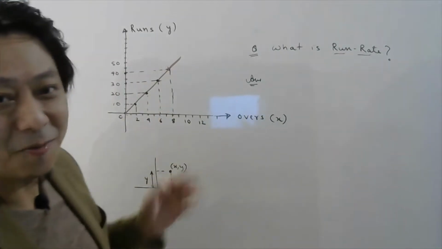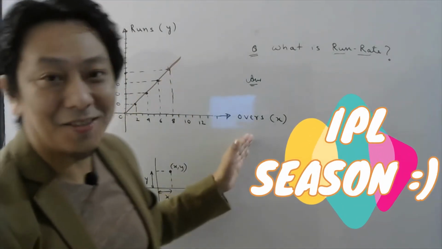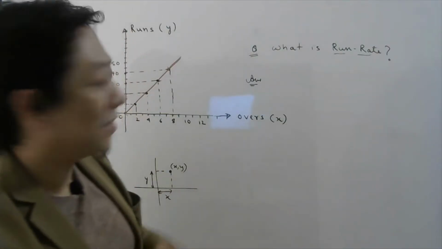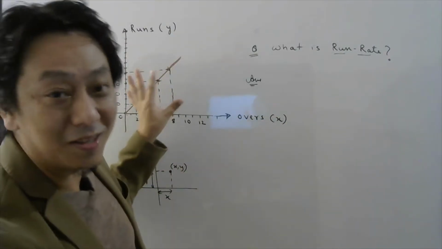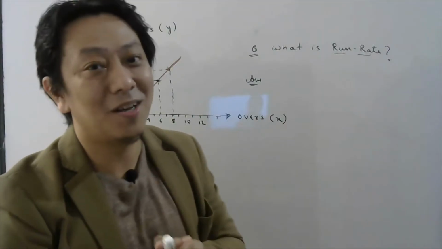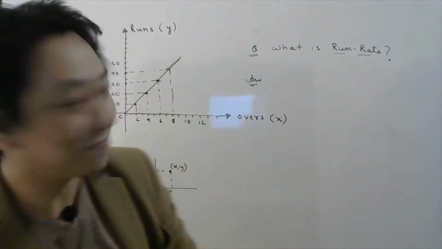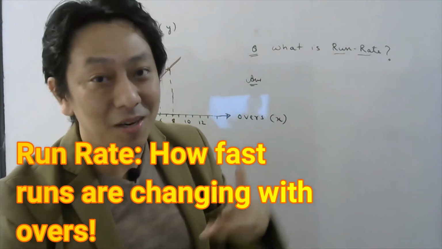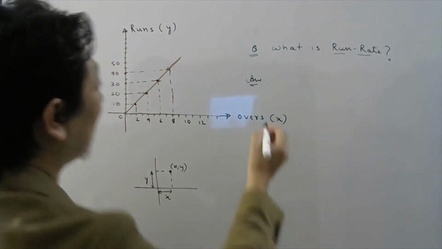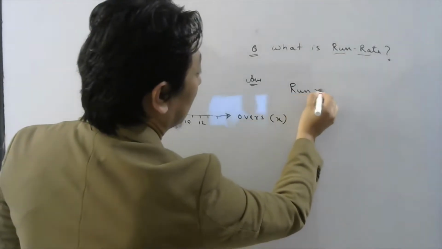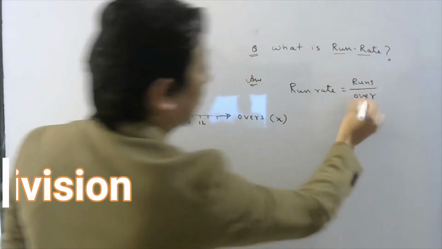Let us look at this graph where the y-axis represents the number of runs scored by a team and the x-axis represents the number of overs. Now suppose somebody is asking us what the run rate is according to the graph shown in this diagram. So run rate means what? Whenever we say rate, it represents how fast something changes, isn't it? So when I say run rate, it means how fast runs are changing with respect to overs. So run rate can be calculated by just calculating how many runs are scored per over, right?